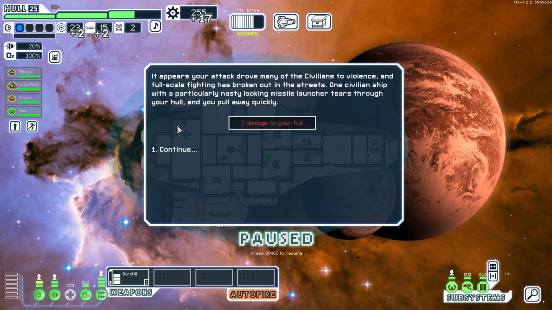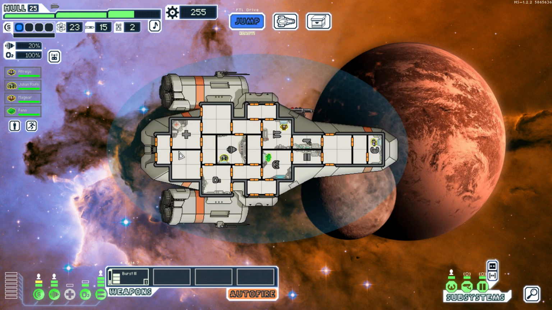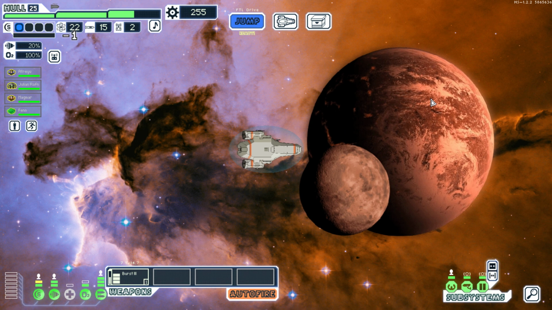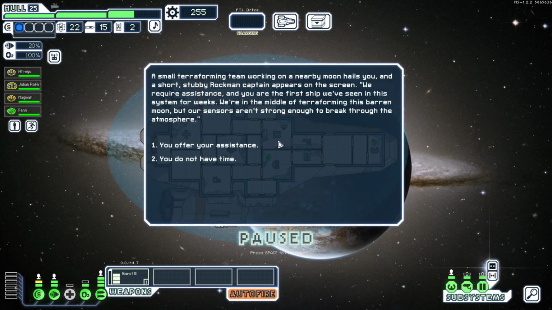Yeah, we got a bit of stuff, but I think we also will get some damage, and I think our reputation will go down a bit. No, it didn't, so I think that's fine. 3 damage for a bit of stuff is not a bad trade for now, I guess. Let's go to another sector, and there is